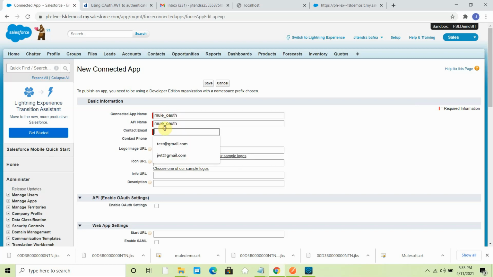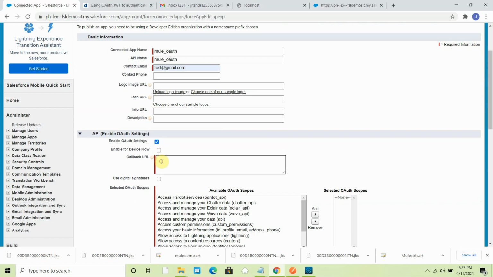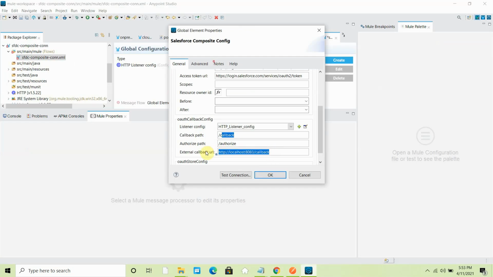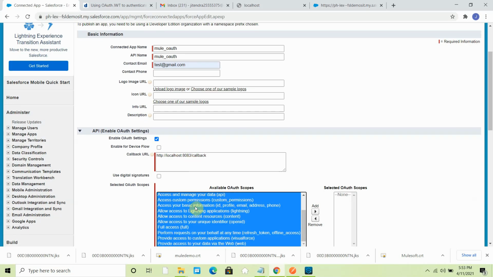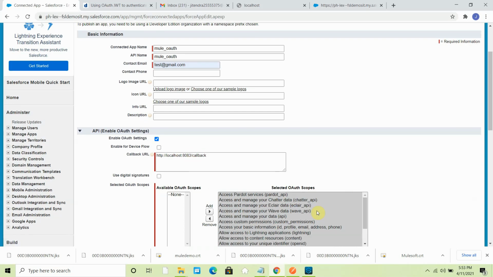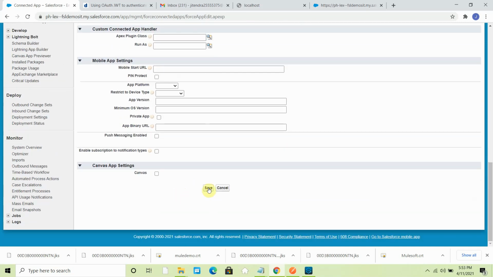Here you can give any email ID, then enable OAuth settings. Here you have to give the same callback URL, otherwise it will not work. I will use full access, so I will move everything from here to there. Let me check, all looks good, save.